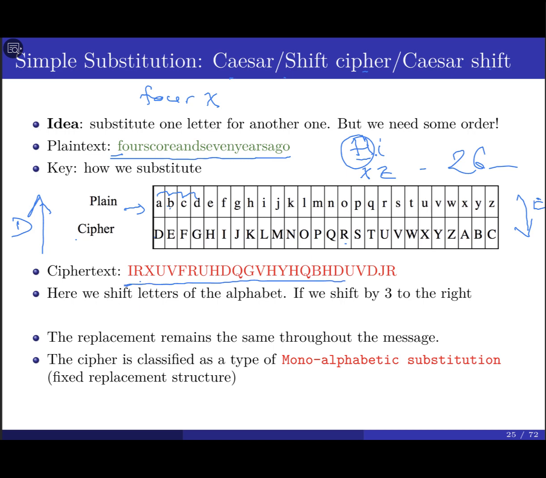You have to share this table, the sender and the receiver, that means we're going to use the simple substitution. That means we're going to shift, in this case, the Caesar one. By the way, we have different types, okay? But here I'm just focusing on, as an example, the Caesar shift, where we shift the letter 3 positions to the right. Sometimes you can do this one to the left, yeah? You can do whatever. So here, I start with the ciphertext I. What's the I here? And you need just to go to the other direction.